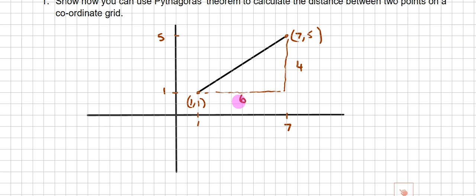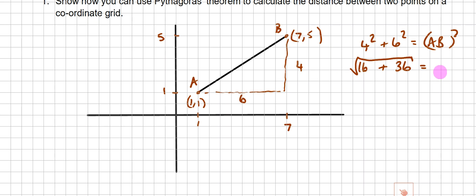I said I'm a very visual person. That's how I like to see it. I draw a bit. But there is another way of doing it. Anyway, we'll get to that point, which is we then do 4 squared plus 6 squared equals, like we did, called it AB, so AB squared. You're going to put more detail in here, which is 16 plus 36. We square root that. That gives me AB. So the distance AB is the square root of 52,